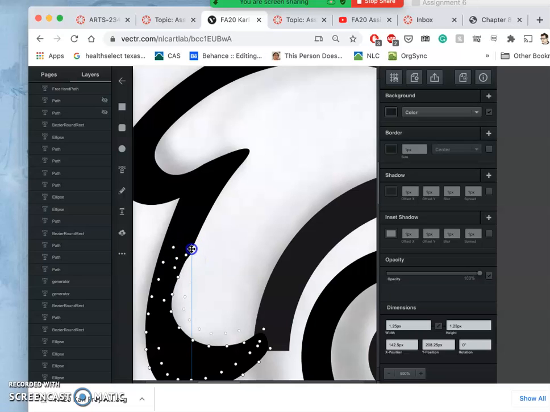And the benefit of having too many anchors is if one's confusing you, you can just delete it. Right, so I can delete a lot of these that the pencil tool created and then just work on the curve